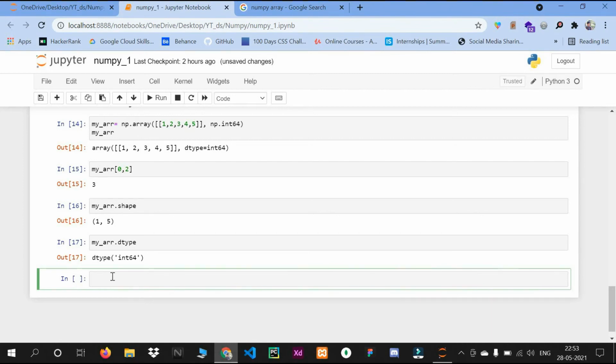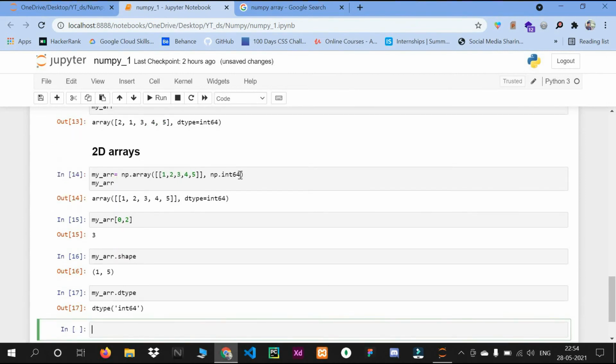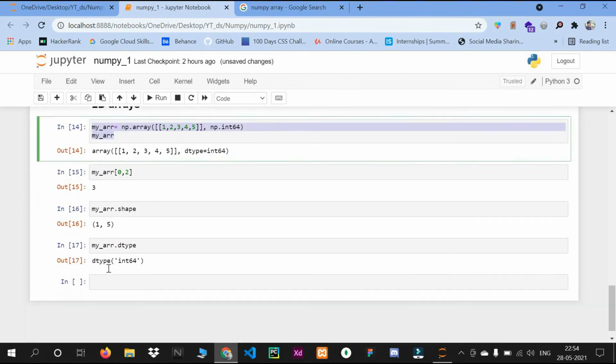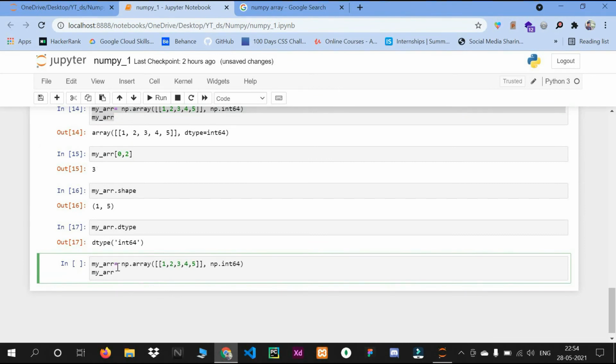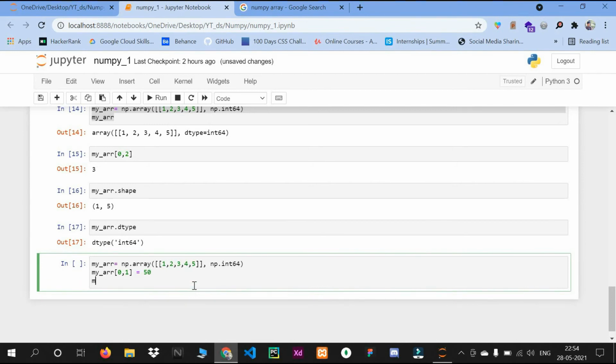So next is how we can replace an element of an array. I will take, let's say, the same example. I will take this only. Okay, and then in my array I want to replace index 0 and 1 with 50, and then I will call my array.